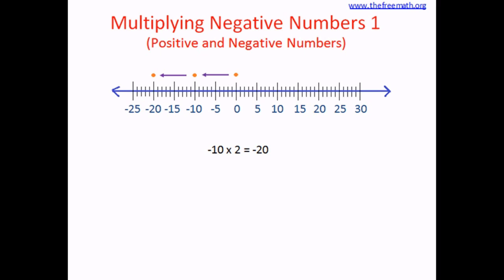So what you can do is ignore the signs of the numbers. You just multiply, 10 2s are 20, and in the end you give the negative sign to the answer, to the product. So if you are multiplying a negative number and a positive number, ignore the signs, multiply the numbers, and whatever the product is, the product will take the negative sign. So let's do these kinds of multiplications. Negative 10 multiplied by 3, 10 3s are 30, so the answer is negative 30 because you are multiplying a negative and a positive number.